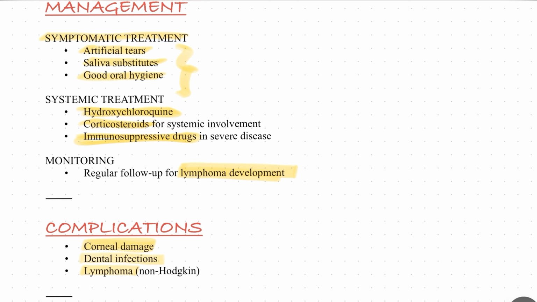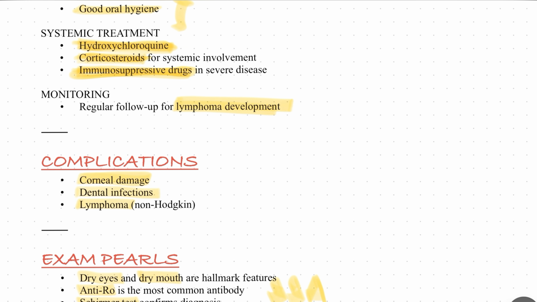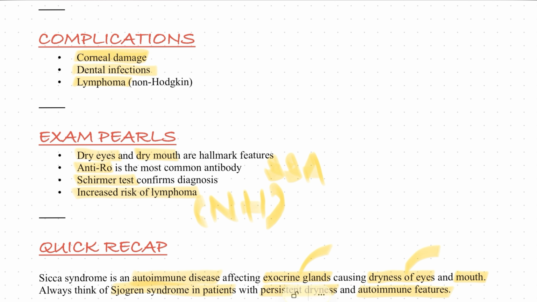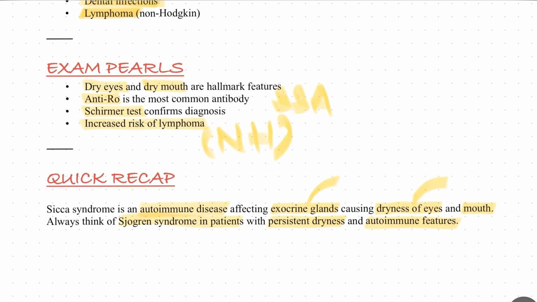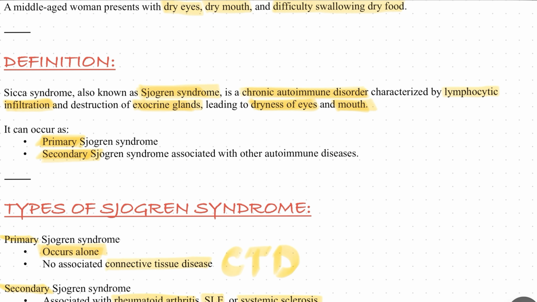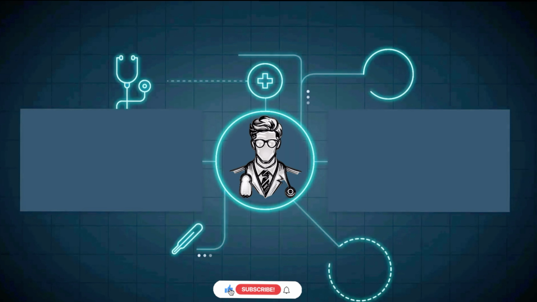Then coming to quick recap, Sjogren syndrome is an autoimmune disease. You need to read with me so that you are going to remember these 2 lines, which however you want, you can stretch the answer in the exam. Sjogren syndrome is an autoimmune disease affecting exocrine glands, I said the examples of exocrine glands, causing dryness of eyes and mouth, and clinical features will be revolving around these things. Always think of Sjogren syndrome in a patient with persistent dryness and